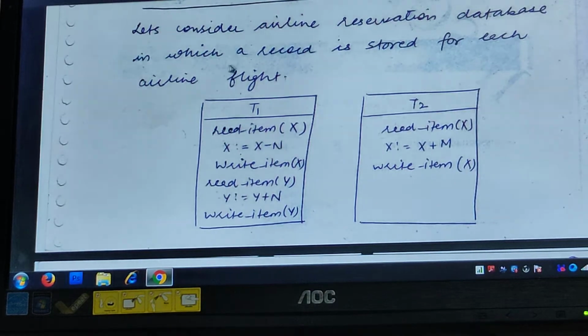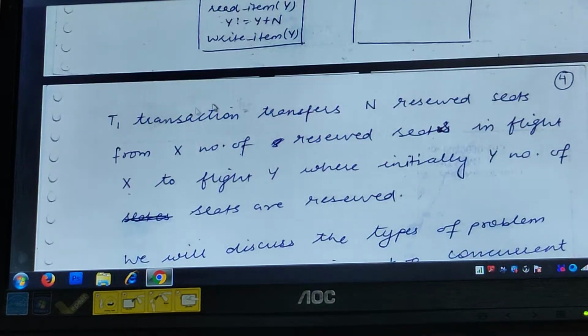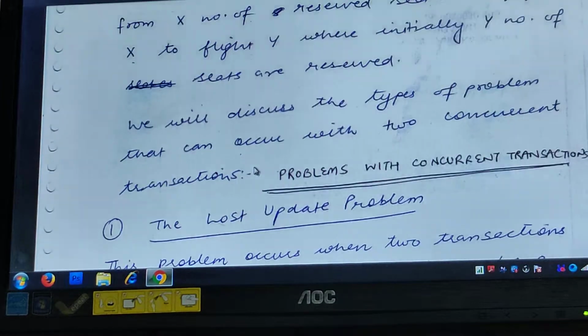These are the two different transactions, right? So this is what is written there, that transaction T1 transfers N reserved seats from X. This I guess you can read.